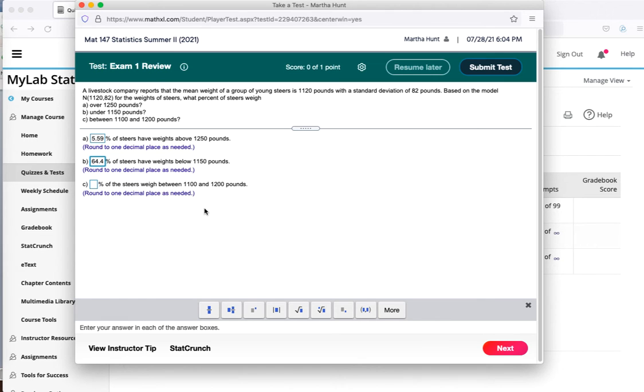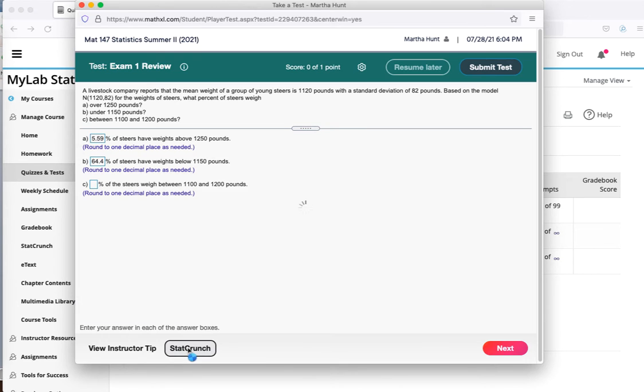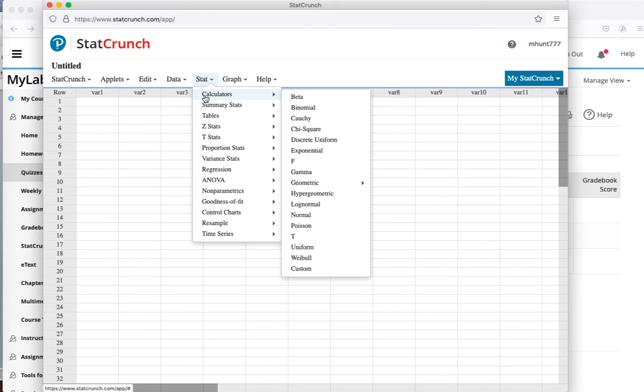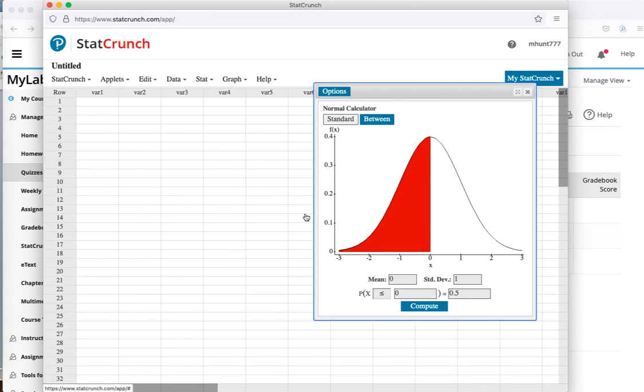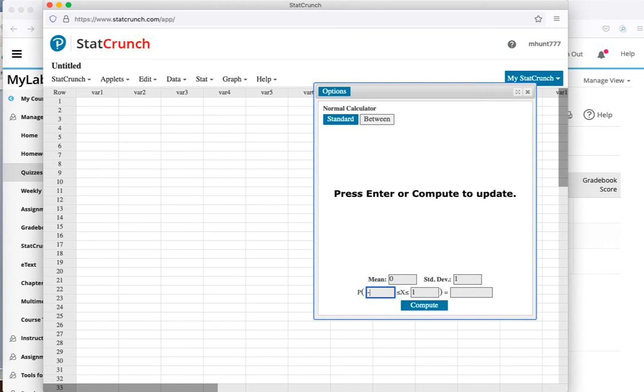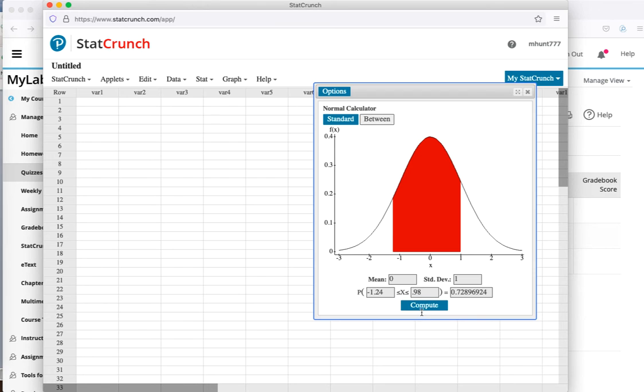64.4%. And then for part C, we're going to have to pick StatCrunch again, and we're going to have to do stat calculators normal. And this time we're going to hit the between button, and between two z-scores, one is minus 1.24, and the other is positive 0.98, and we're going to hit compute,